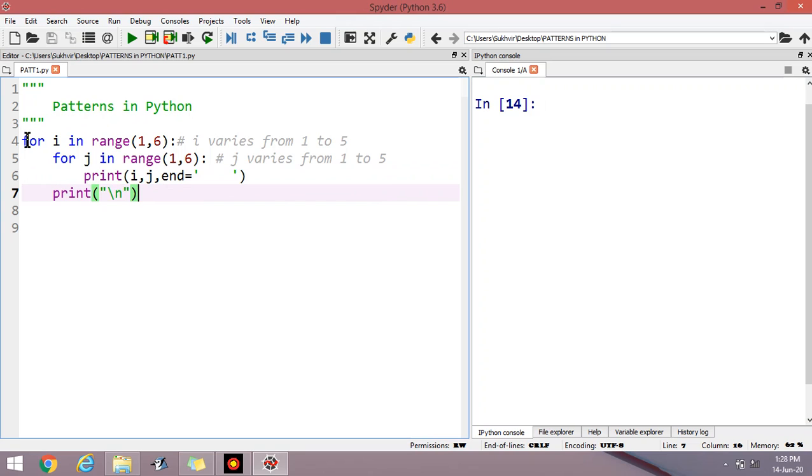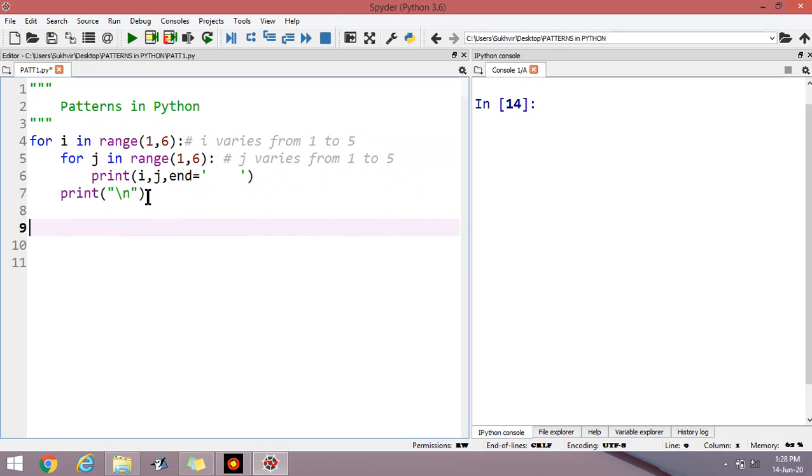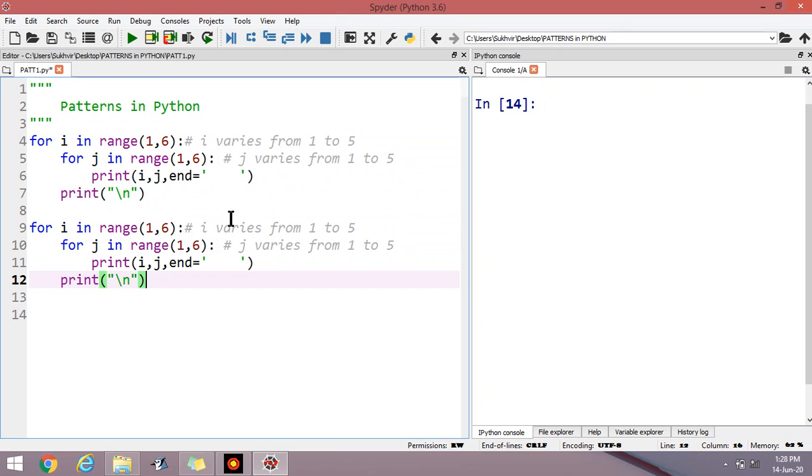Suppose I copy and paste the content. But this time, let us remove these contents. These are the comment lines basically. Suppose I write here i plus j.